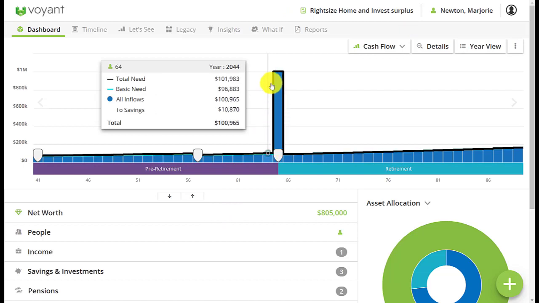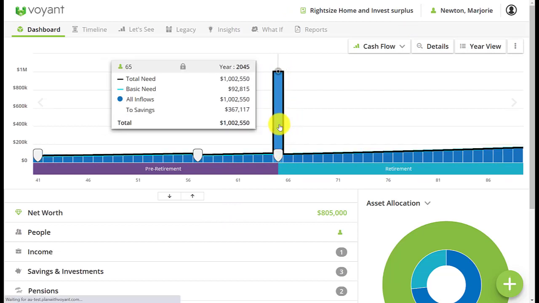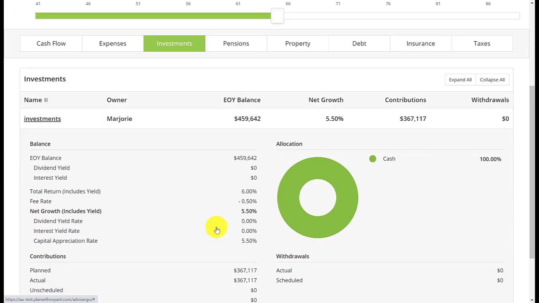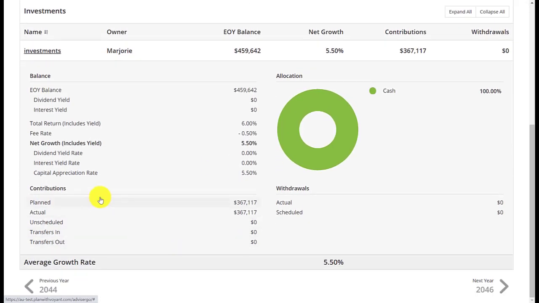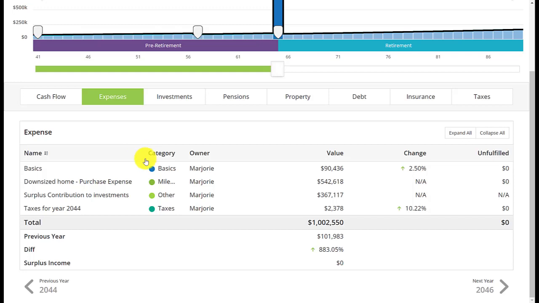You see the black line now rises up to meet the top of the blue bar, and if I double click on here to go to year view and investments, there's a contribution now into the investment account. Click on the investment account to see the details, and in expenses it's added to the expense list, surplus contribution